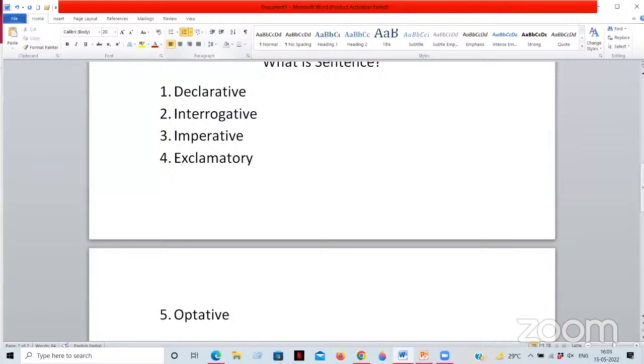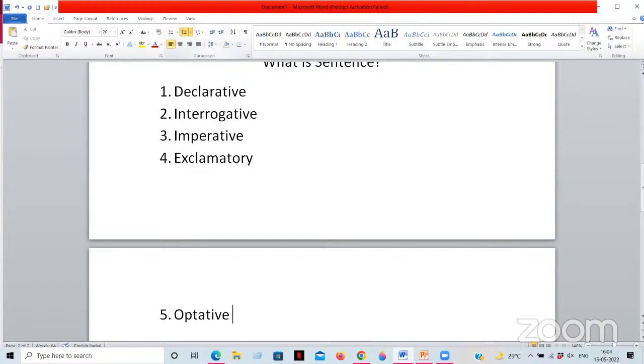But if the question begins with an auxiliary verb, like, is this your book? What will be the answer? Either yes or no. If that book belongs to you, you will say yes, otherwise you will say no. Okay. Is this your name? Now, when you ask questions using auxiliary verbs, those are questions related to yes/no questions. That is what is called yes/no questions.